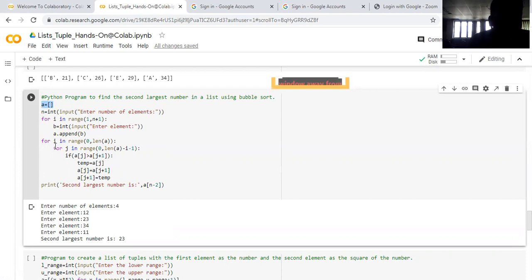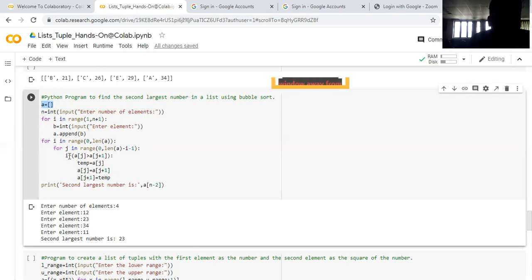So after that, now you come for the bubble sort technique, what we have discussed in the previous program. So I will range from 0 to last, J will range from 0 to, so here I am taking, in the previous I have taken I plus 1 to len of A, but here I am taking it as 0. So you can take it as I plus 1 also. I plus 1 comma len of A. But you can take it as I plus 1 here.